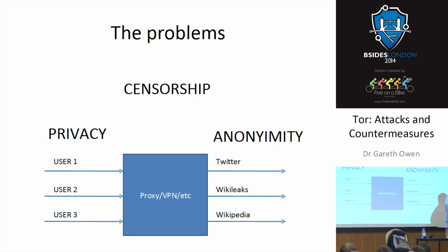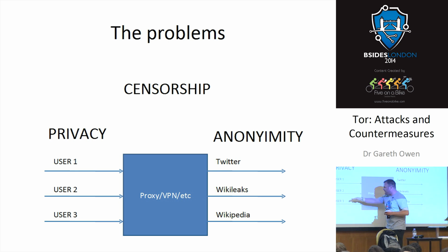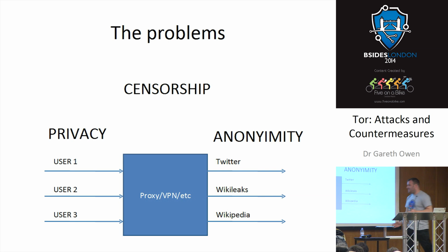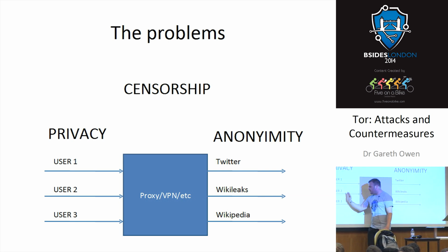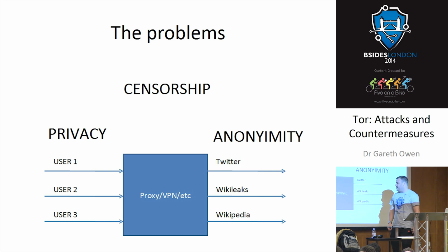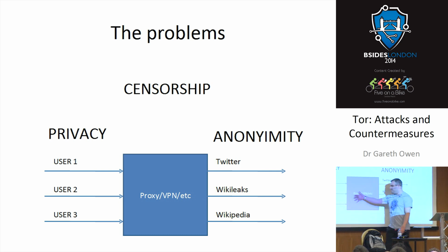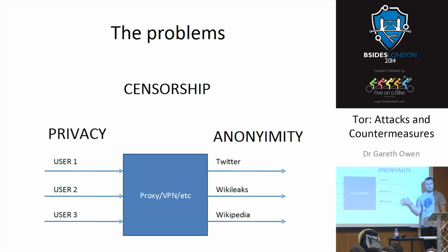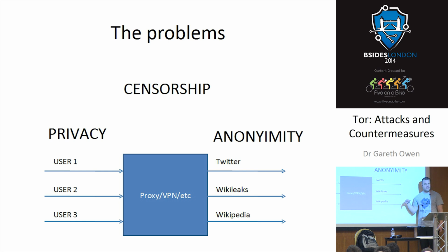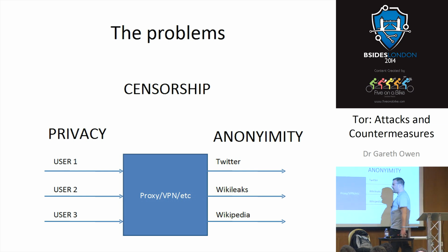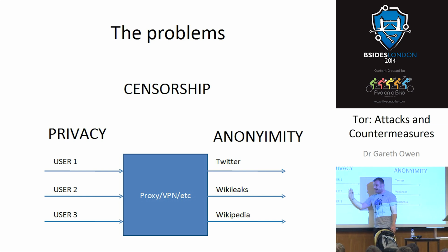Right, so you've got all the users on the left-hand side. They may be doing something on the internet, but typically the traffic from the user to the VPN or the proxy is encrypted in some way. So even if you're sitting on this side of the VPN and you can observe all the traffic coming from the user, you know who they are, but you can't necessarily see what it is they're doing. So all that sort of stuff comes in through this VPN, and if you can observe traffic coming out of the VPN, you can see what the people are doing, but not necessarily who they are. You can see they're visiting Twitter or WikiLeaks or Wikipedia and so on, but you don't necessarily know who they are. So anonymity provides privacy on the left-hand side, before the VPN, so an attacker this side doesn't know what you're doing,